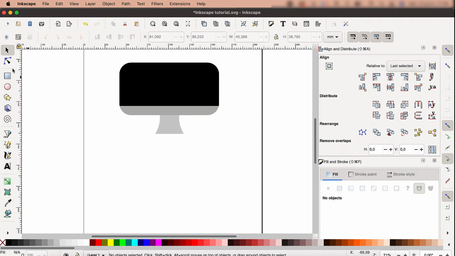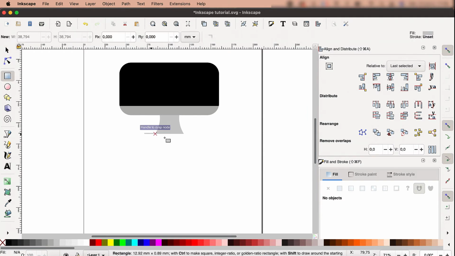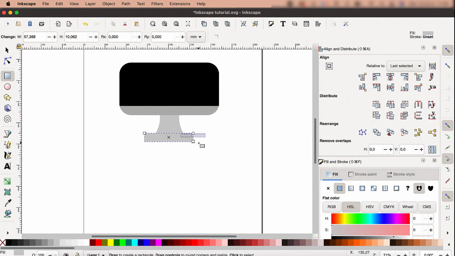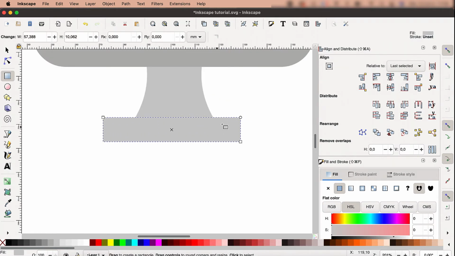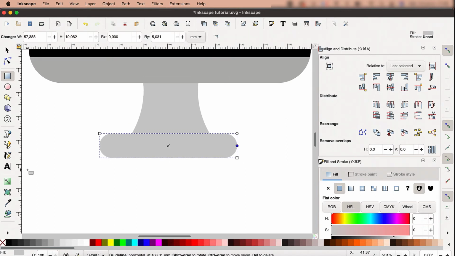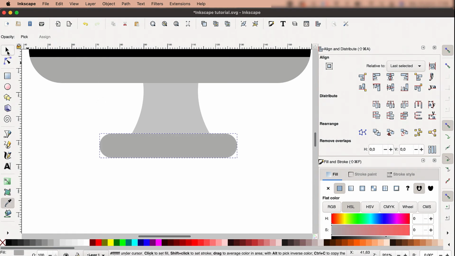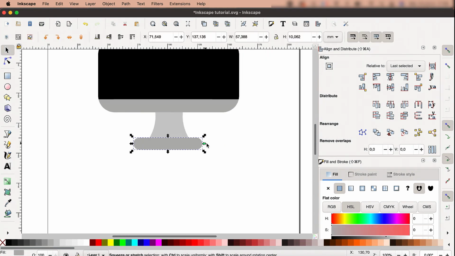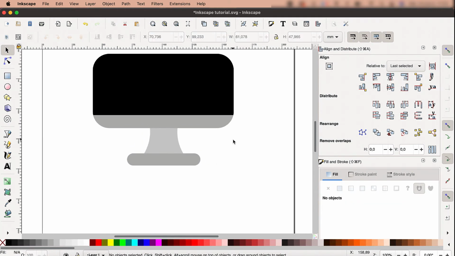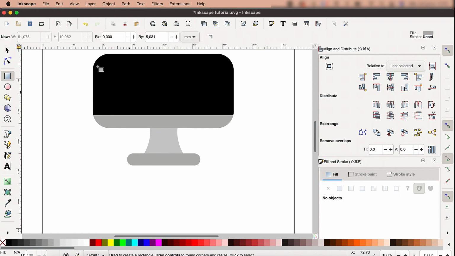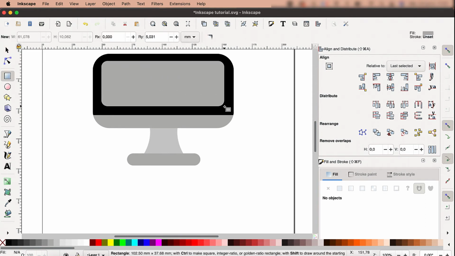Click on the rectangle tool to draw the foot of the stand. Choose the length you want, but not too long compared to the stand. Zoom out on the foot to see it better and do modifications. Here we'll give it round corners and to change its color, click on the pipette tool, position it on the gray part of the monitor to have the same color. Make sure the foot is selected and adjust the shape as you wish. Don't forget to align everything, as we previously did via the alignment board.